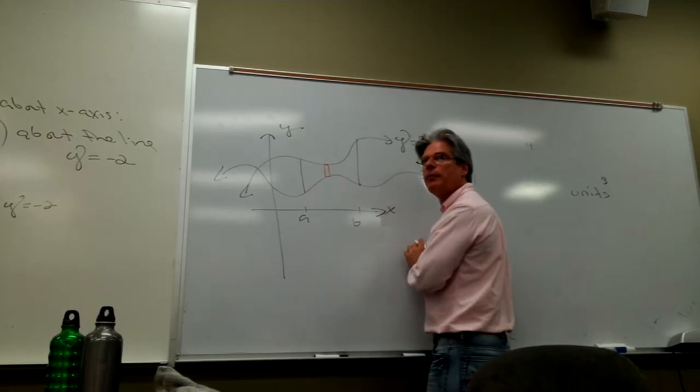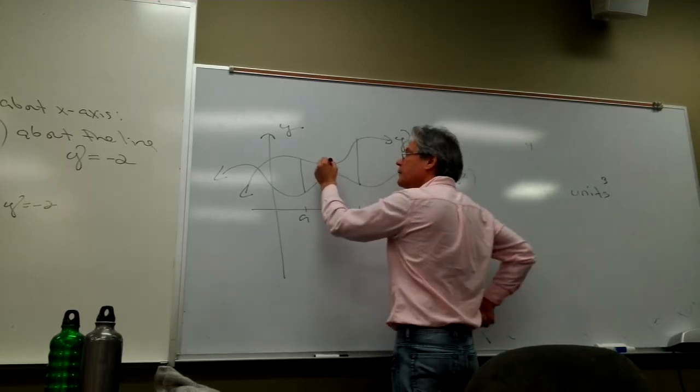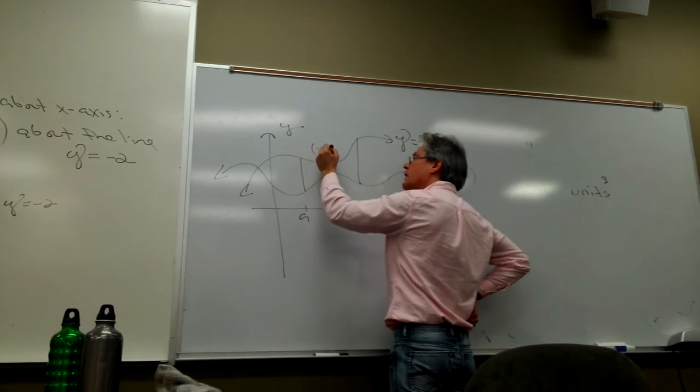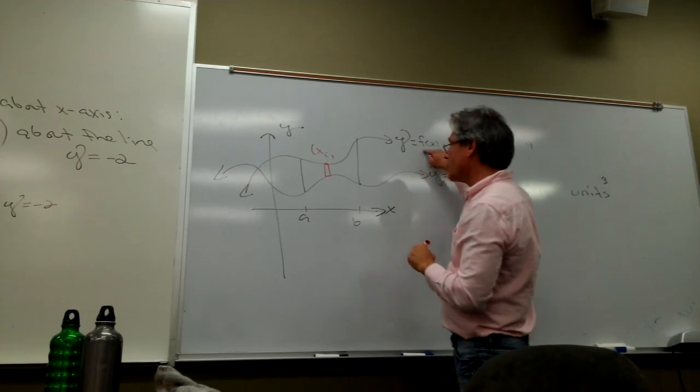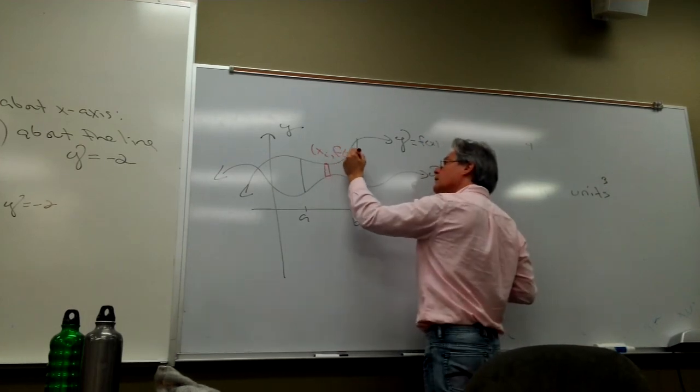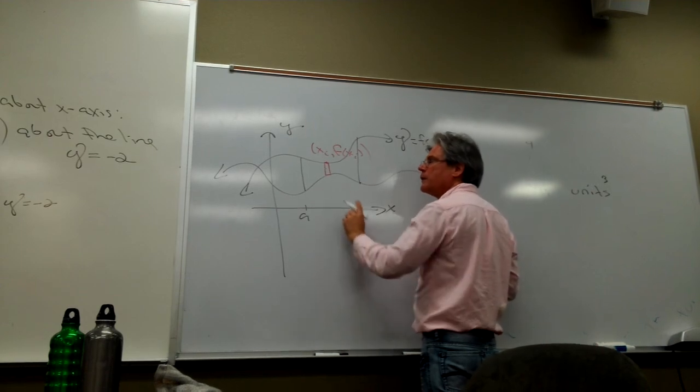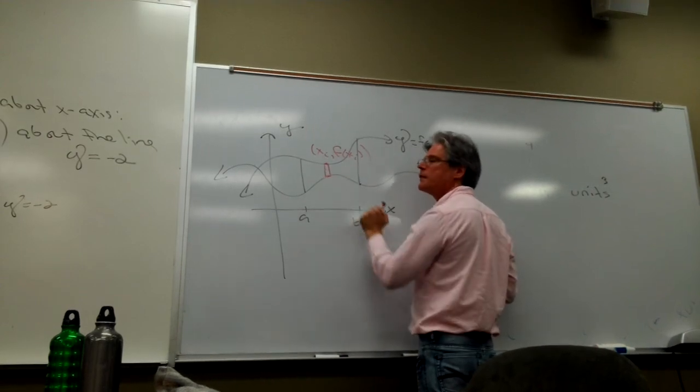Let me take a peek at a couple of points. If this point right here on this border of the rectangle has an x-coordinate x, isn't its y-coordinate just f of x? And if I were to take a point down here whose x-coordinate is